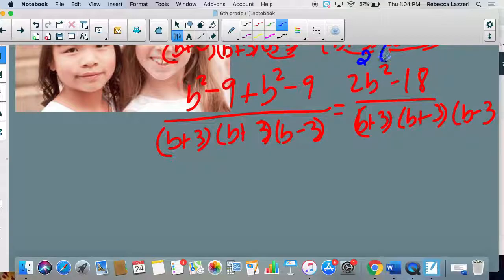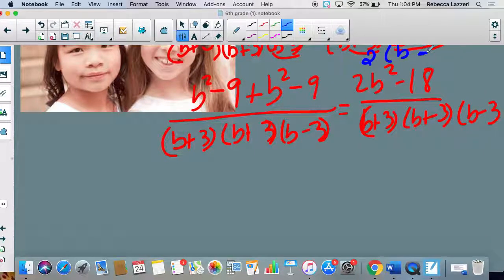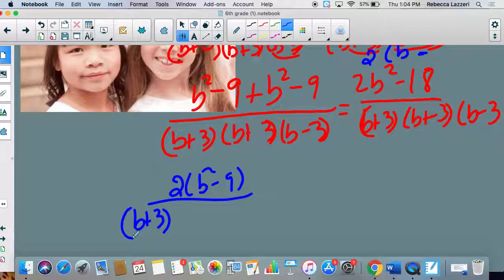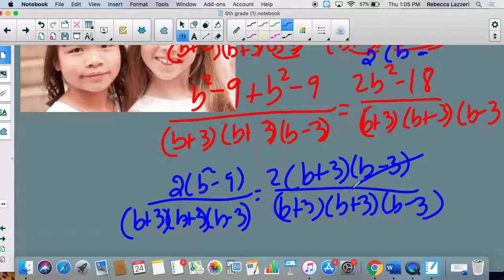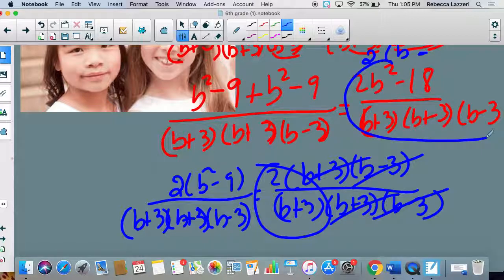2. So if we factor out a 2, that gives me b squared minus 9. Let me write it down here. If you factor out a 2, that gives you b squared minus 9 over b plus 3, b minus 3, b plus 3, b minus 3. And so you have 2 times b plus 3, b minus 3, over b plus 3, b plus 3, b minus 3. And then this cancels because it's all multiplied, and my final answer is 2 over b plus 3. So since I didn't count off on that one because so many people had gone that long route,